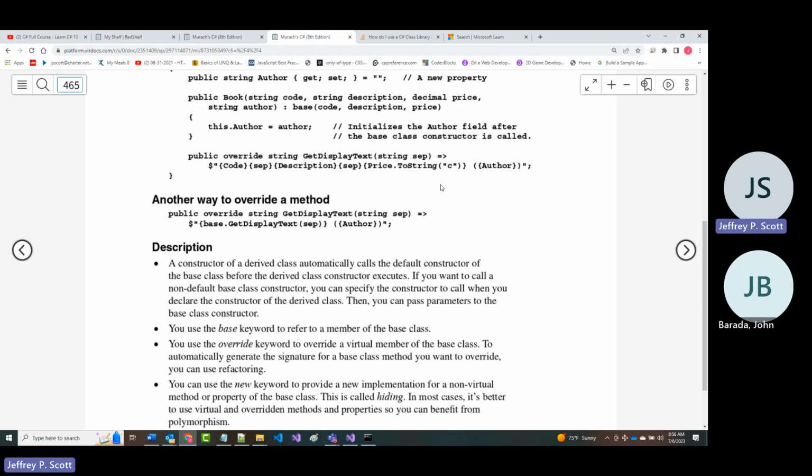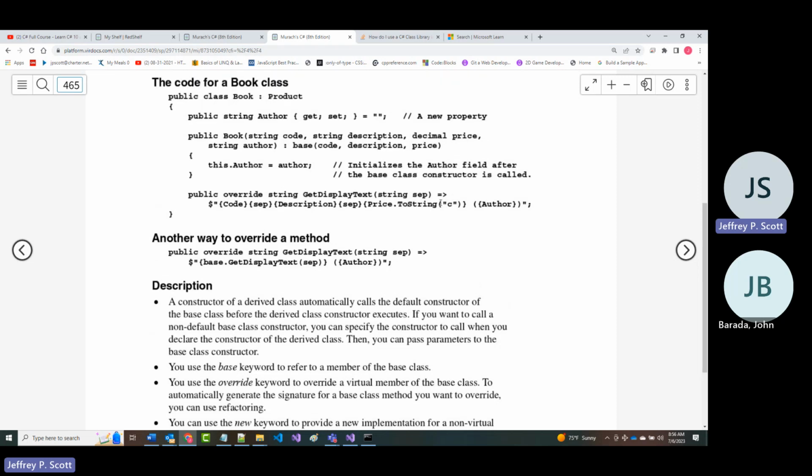Now, they even show you another way of overriding this, which involves a little less typing. They both do the same thing. Look at the way that it's shown right here, and the way that it's shown right there. This is again using that lambda operator that we're going to go over in more depth when we get to chapter 18.